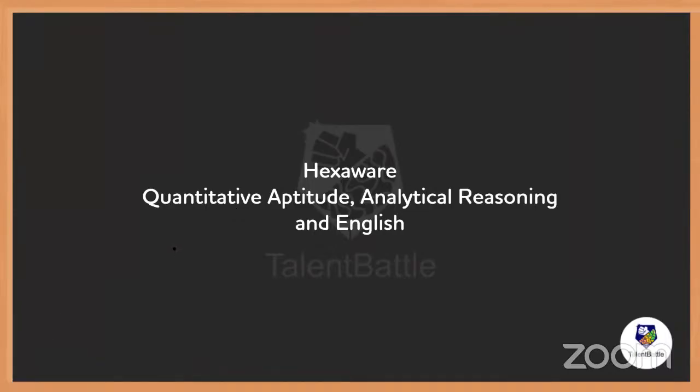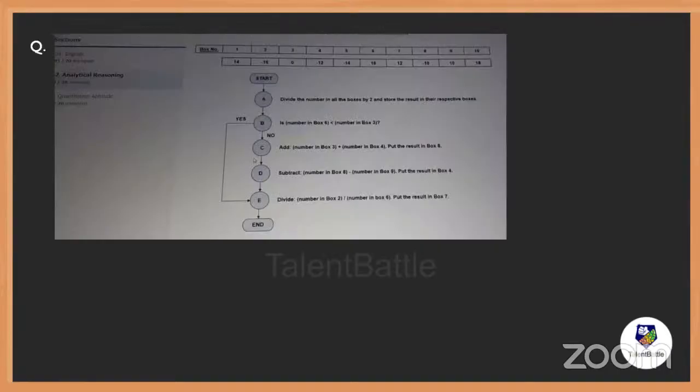As we have started with the Hexaware, let's continue that. In this second part, we're going to cover all three sections, including English. These are the three basic sections asked in Hexaware. One is quantitative aptitude, which is nothing but mathematical ability. Second is analytical reasoning, which is the logical reasoning. And the third is English, which is the verbal ability. This is what we're going to cover in this part, so kindly be very attentive. You're going to get good inputs, and let's see how exactly we are going to solve the questions. With that, let's quickly start with the very first question.